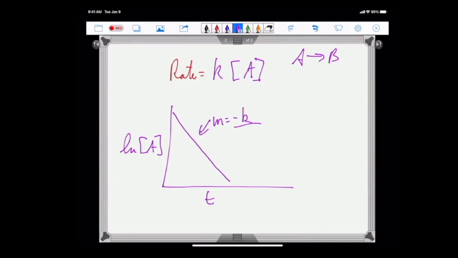This is the same thing as saying these two expressions are saying the rate law says you have a first order reaction, first order in A. This line says if it's a simple reaction, you are looking at a first order process. It is a reaction that follows first order kinetics. What I mean is,